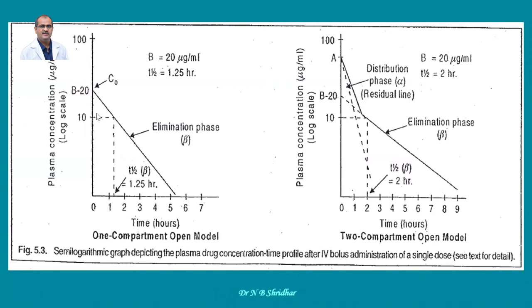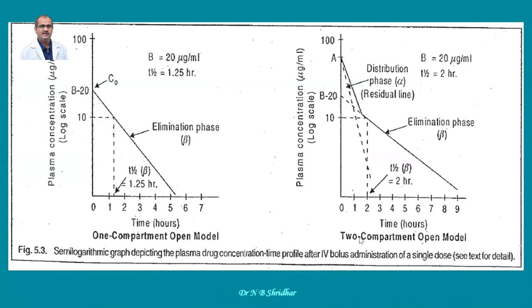The thing is, in case of the bolus dose, it immediately goes to the biotransformation organ, the kidney, and to the excretion organ. So the elimination only starts because the tissue distribution is already so fast. Immediately after IV administration, it goes to the tissue. There is no distribution phase.